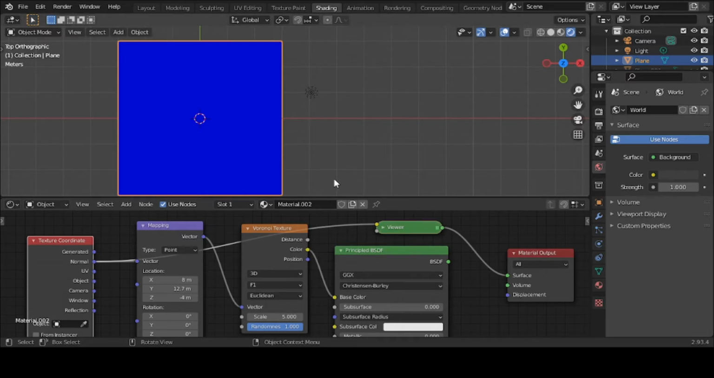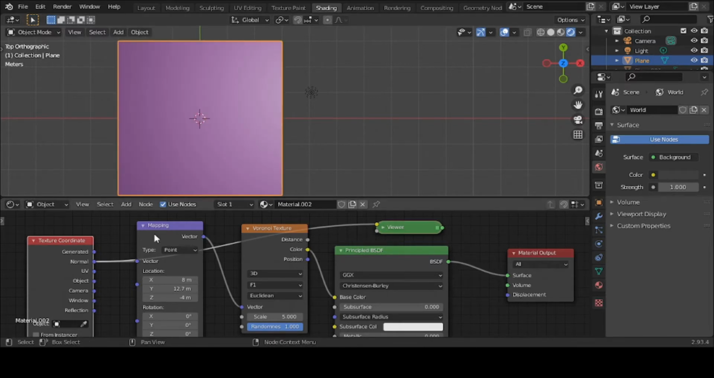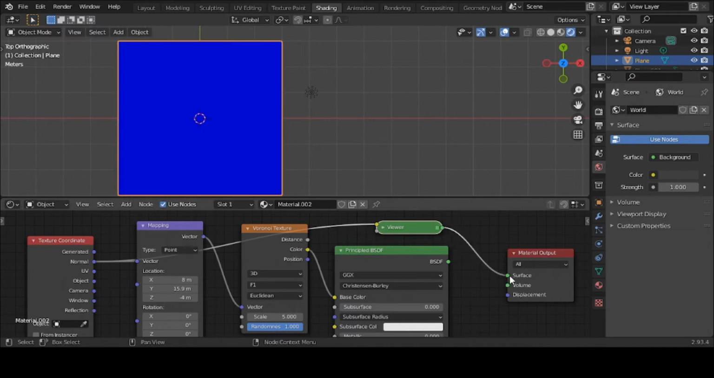When I went to my BSDF principled shader, it's one color, but it's diversified. You see right there, so we see that matched up. Let me hook back up my viewer. Let's go down to